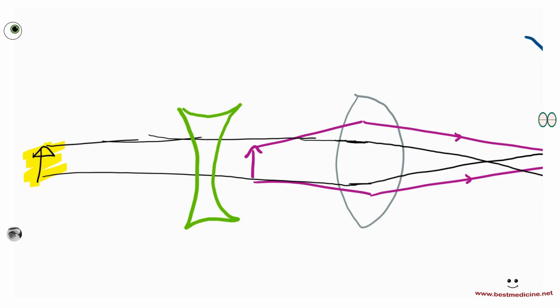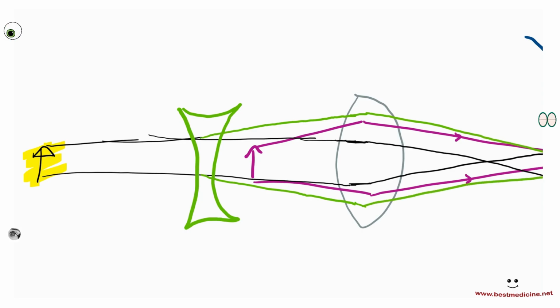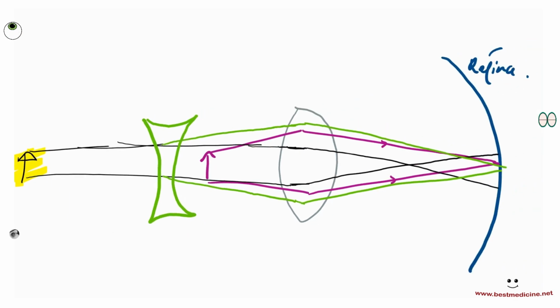Again, if you don't know what a concave lens or a diverging lens is, you can book a lesson with us and we'll try to explain that part of GCSE physics. So in this case, a diverging lens is placed. This causes the light rays to diverge a little bit. As they diverge a little bit, now when the lens is going to try to refract them, then it's able to perfectly refract them onto the retina. Okay? So that is the solution there